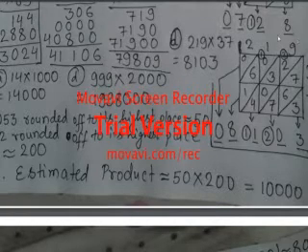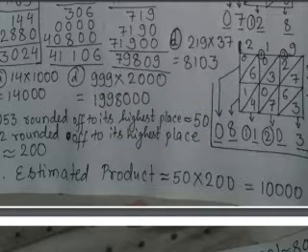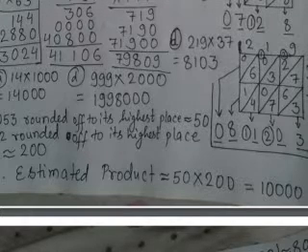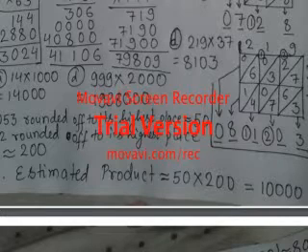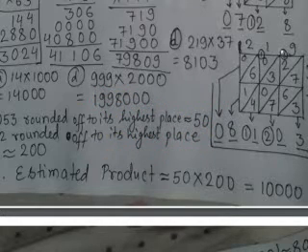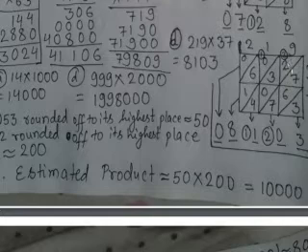The leftmost box will be the ones, then tens, then hundreds, and in the same way the downmost box becomes ones, so 7 you can see, and as we move up it becomes tens. Now you can see 7 × 9, 7 × 9 is 63. No problem, you can start from the down side or the up side, but the numbers should be arranged in the same way. You can see 3 × 9 is 27, so 2 is at the tens place, so 2 at the top and 7 at the bottom.